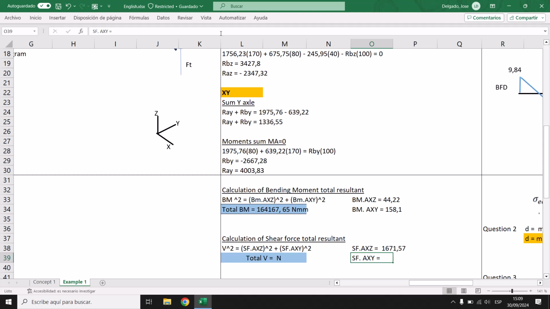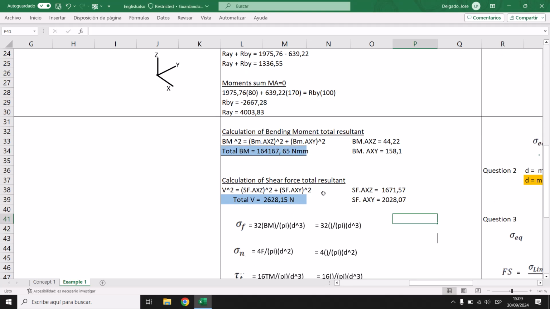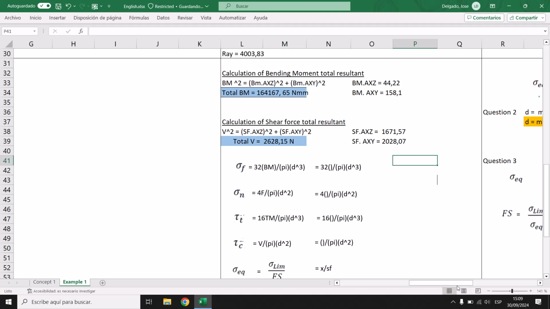1,021.57. In this case, for the case of 8, just make the same. Here you can see a square and then a square root of the plus. And your total shear force is going to be 206.28 newtons. Why newtons? Because it's force. Okay, so now this is a review